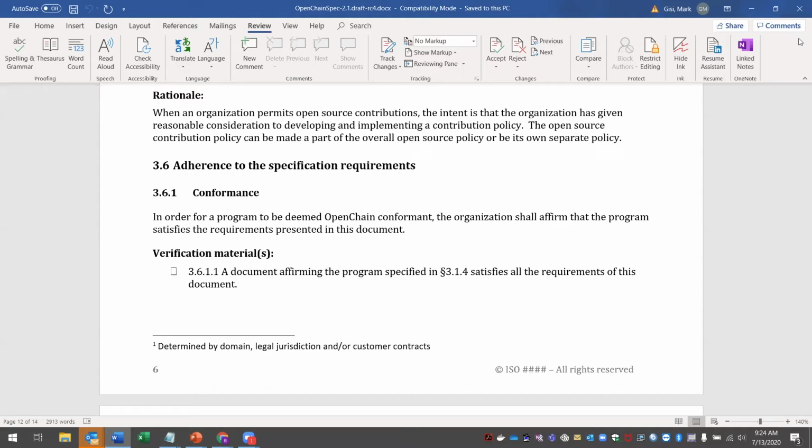Which is to Andrew's point, achieves that, and again was going to put the date on which the conformance was accomplished. So yes, it would be publicly facing rather than... Yeah, and I think that's great, and I think that you could use that web page as your document, as a satisfaction of this requirement. Right, that would be the document affirming. But at this point, I don't think it's a requirement to make it public.